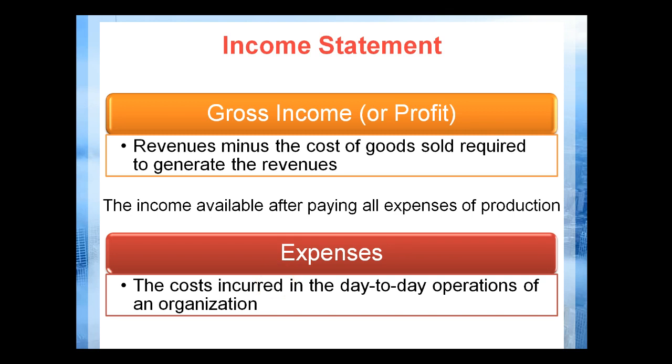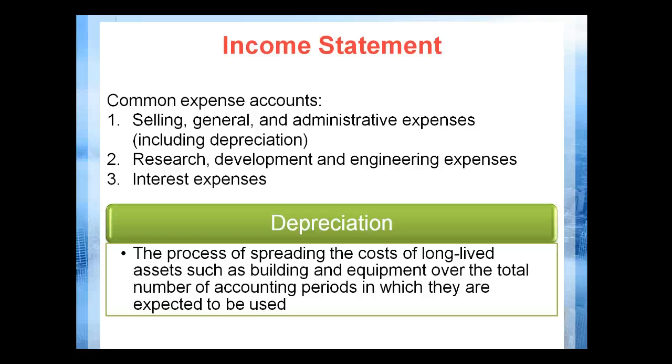To show that, it shows details of their gross income, which is going to be the revenues minus the cost of goods sold. But it's also going to show in detail a summary of all the expenses that organization has incurred over the period. Therefore, the difference between that gross profit and their expenses is going to be their net income. But the common expenses are going to be sales, administrative, salaries, payroll taxes, research and development expenses, interest expenses, to say the least.